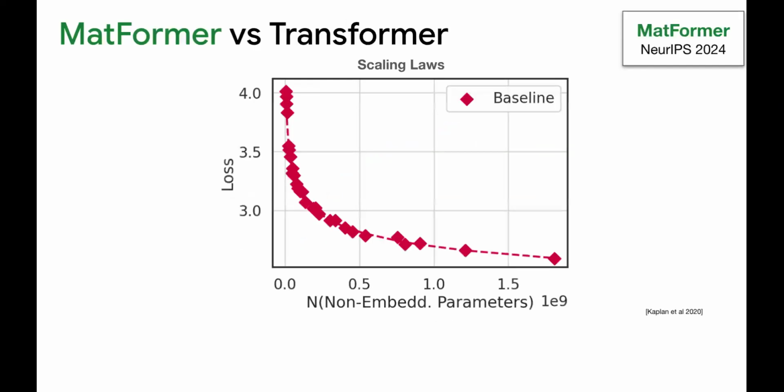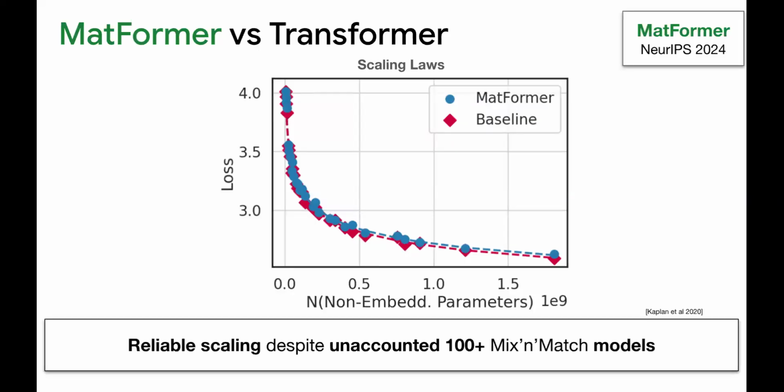Okay, so the burning question: how does this work for language models, not just ViT encoders? Turns out scaling laws are exactly overlapped. And this doesn't account for the 100+ free mix and match models you get. If you take all of the granularities and plot a scaling law, it gives good scaling. There's no reason you should not train with it. The only constraint is that because you have to train these 4 models, you either have to use a larger amount of GPU memory or you have to micro batch. So the effective cost is the same, but your one-time cost is going to be slightly more horizontal than vertical. That's the one catch.